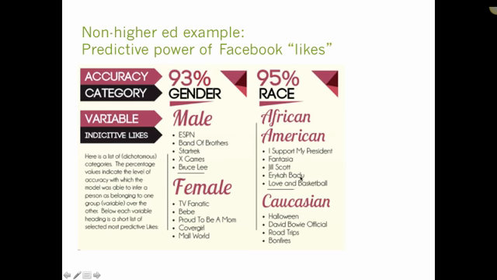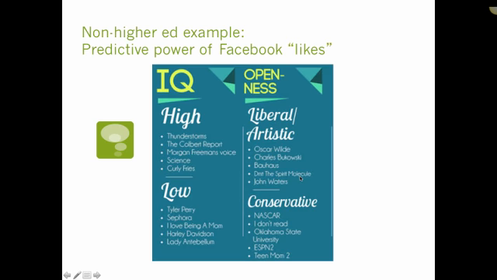Another thing that I thought was interesting related to that, you can also predict IQ, only with 39% accuracy, but still interesting. So people who have high IQs are much more likely to like thunderstorms, which is a little odd. I don't know, whatever. The Colbert Report. But those who have lower IQs are more likely to like Sephora, which is funny because I actually don't like it on Facebook, but I like Sephora. Anyways, you can also predict pretty accurately whether or not someone is liberal versus conservative according to their likes on